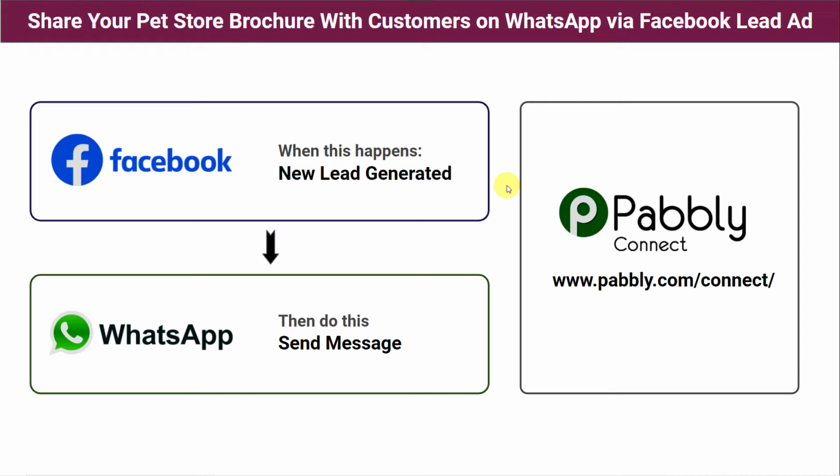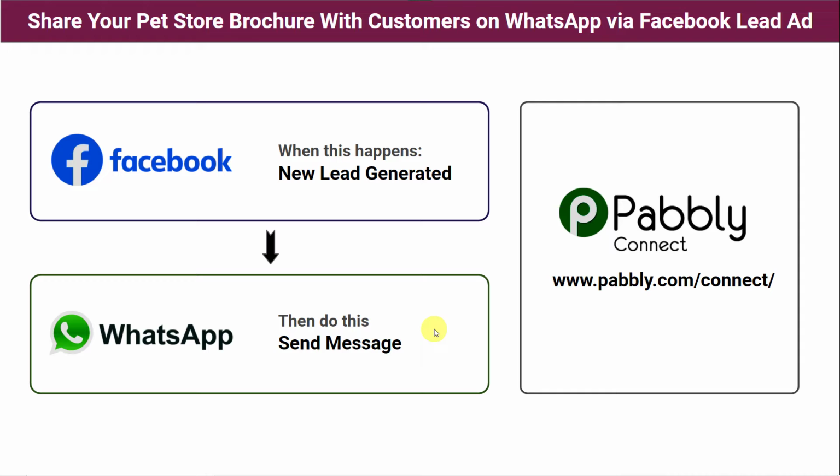So whenever someone clicks on those ads, a Facebook lead ad form will get open. Now, you want that whenever a customer fills that Facebook lead ad form, in order to know the pricing details of your pet store services, a pet store brochure should be sent on the WhatsApp number of the customer. For doing this, you have two options. First, do it manually. Take the details of the customers from your Facebook lead ad form, then compose a message in WhatsApp, attach your pet store brochure and send it to the customers.